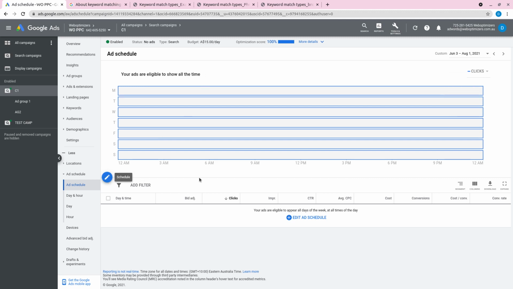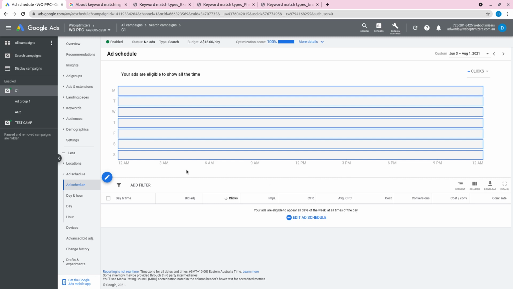You want to be able to change that. Why would you want to be able to change that? So let's say, for an example, if I'm running a phone call based campaign and I want people to call my business more than for them to fill out a form, then I want to be able to run these campaigns when people are sitting on the phones. If I'm running an e-commerce business, then I would want to bid a little bit more, or I'd like to focus on the times of the day when people make the maximum amount of purchases, as opposed to showing them at, let's say, 2 a.m. in the morning when literally there's zero people out and about